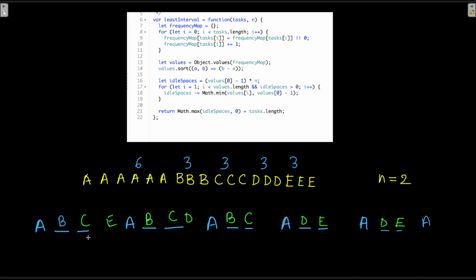So how many idle spaces do you see which are left? The number is going to be 0. That is the reason from this figure the number of idle spaces left would come as 0. So we include 0 in the task length, and the task length over here is going to be 18. So 18 will be our answer for this question. I hope you understand. With this, thanks a lot for watching this video. See you very soon.